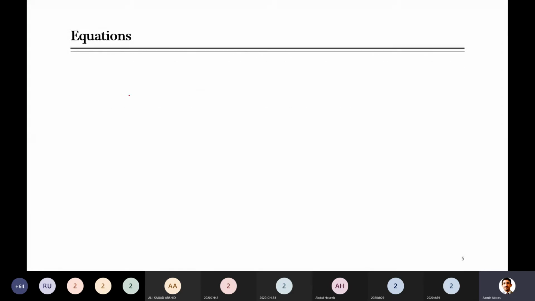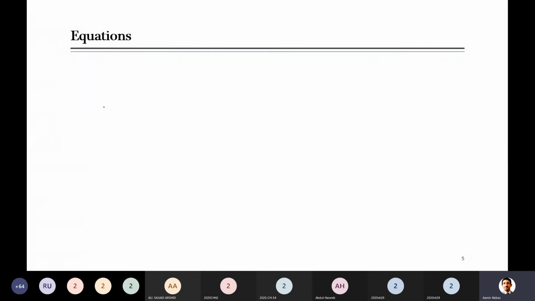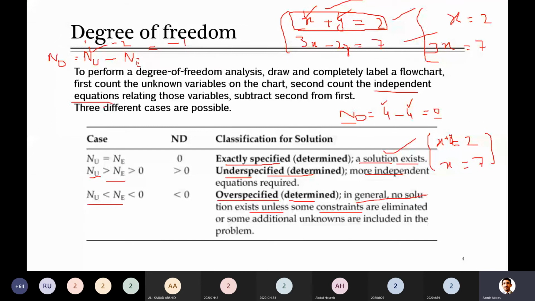So equations are independent if you can't derive one equation from the others. Let me tell you, here we are talking again and again about how equations should be independent. Here you can read that independent equation. I told you somewhere in the last lecture that it should be an independent equation. So what does independent equation mean? Independent equations mean those equations which are not dependent on each other, which don't depend on each other.